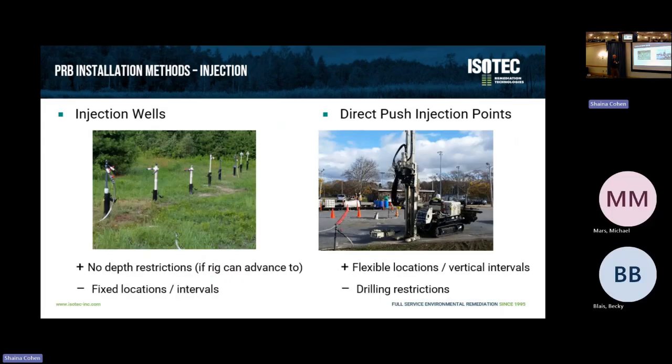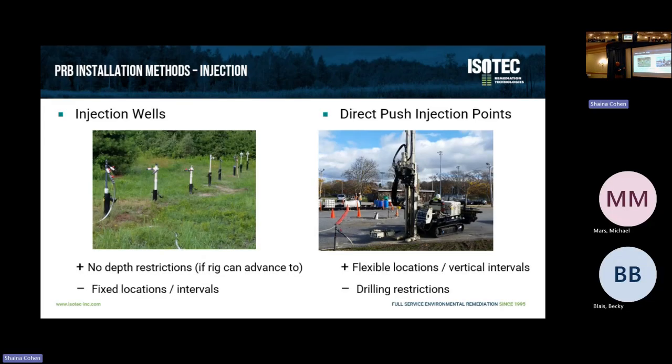We talked a lot about earlier today, particularly on injection, and PRBs can be created with injection points as well. These can be with your injection wells or temporary injection points, and they both have pros and cons in terms of drilling, depths, and the real pro of injection wells. There's a little less flexibility in terms of your intervals and your locations, particularly if you might need to go back in time, depending on the size of your plume and what your anticipated lifetime of this plume is going to be,